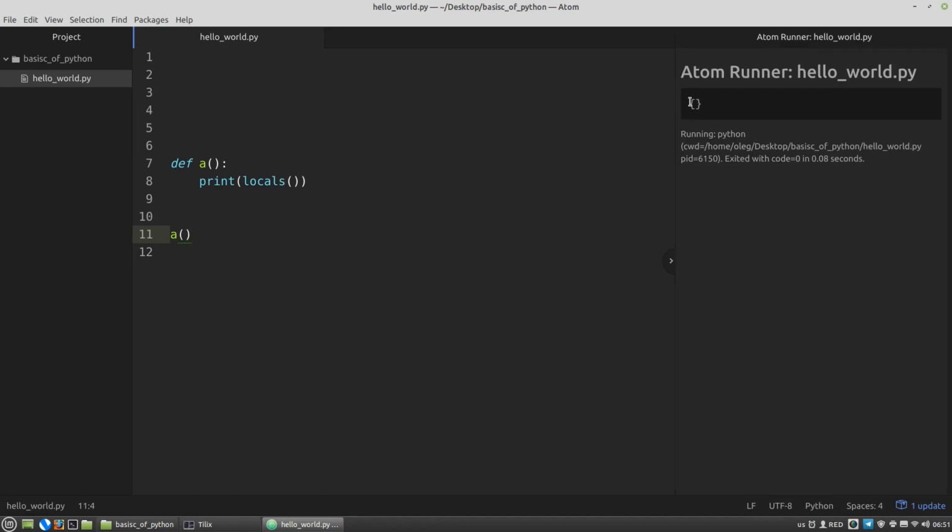then we won't see anything except an empty dictionary, since the function has no local variables. So let's add a parameter to the a function definition, let's say the name parameter. And when we are calling the a function, we have to pass into it some argument. Hello world, for example. And let's run the code again. And we can see the results of the work of the locals function, a dictionary where our name variable got the value hello world string. And thus parameters of functions are local variables.